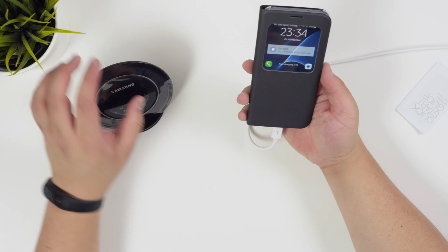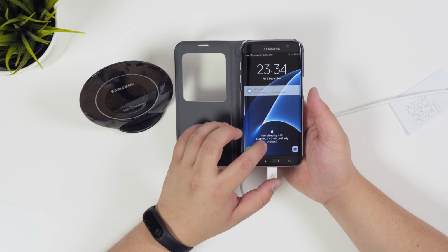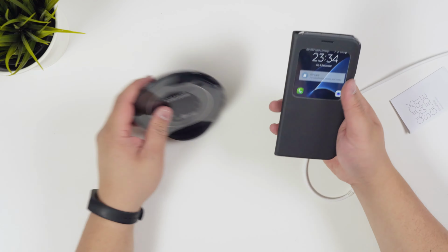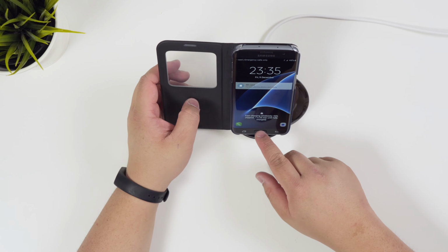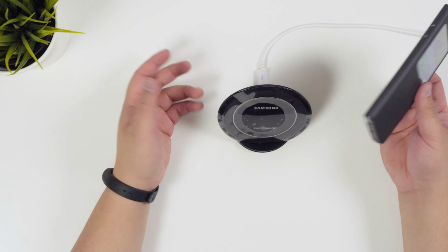Okay, it's using fast charging technology, and then it should give me an estimate. 1 hour, 2 minutes, so that's until fully charged. Now to go back again, because I forgot, 1 hour 25. So it's definitely a lot faster to charge by wire, but I mean, it's just the convenience of just putting